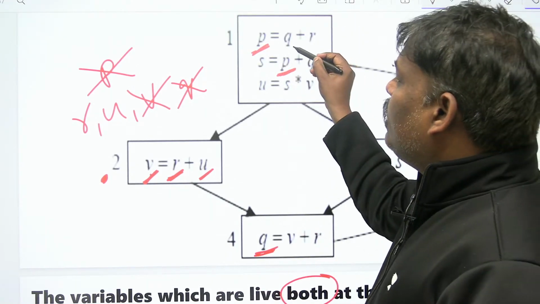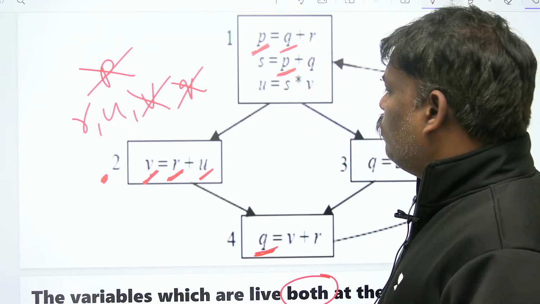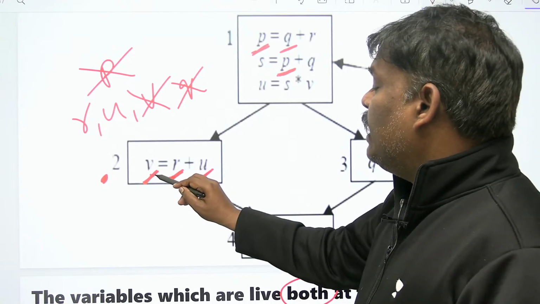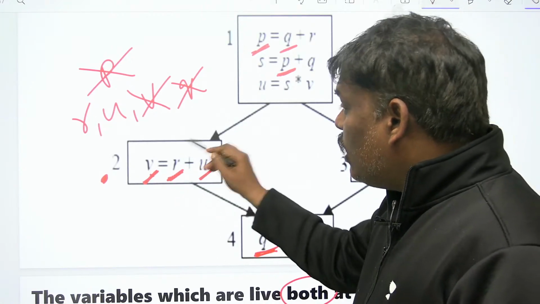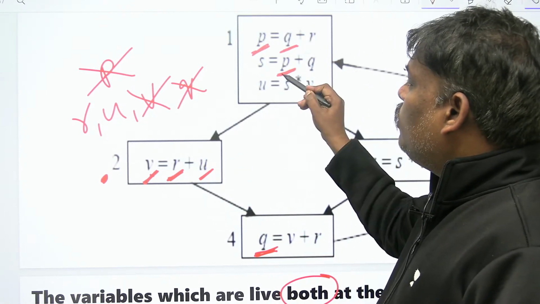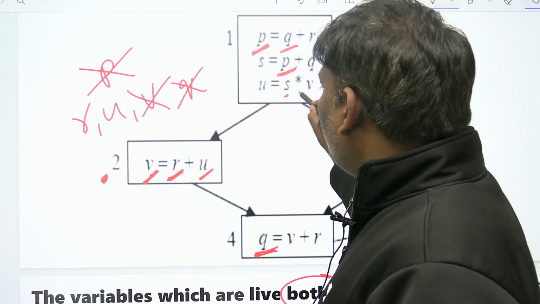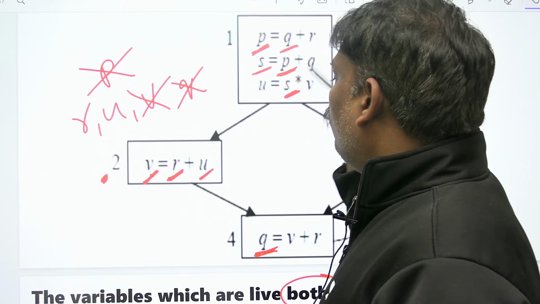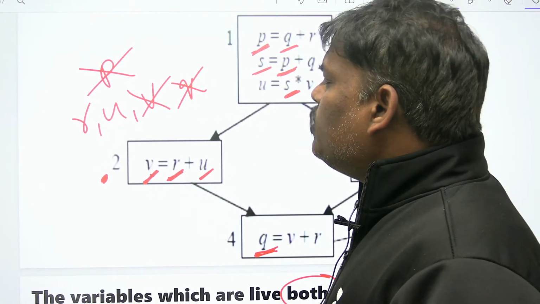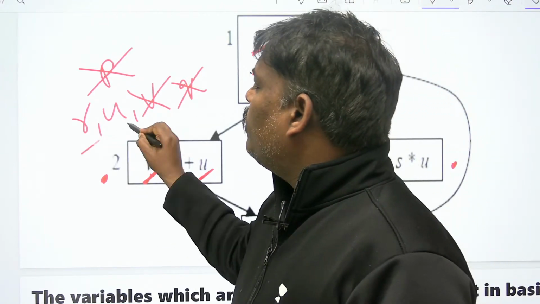If you observe clearly, is this new Q or old Q? Let's check. See, new Q. At this place Q is not used, Q is changed here. So it is going to be new Q, and it is going to be new P. Some people are asking, sir, what about S? You are using S, but it is new S. Only old values used are called live. New values are just new. Right? Fine. So at this place, two variables are live.